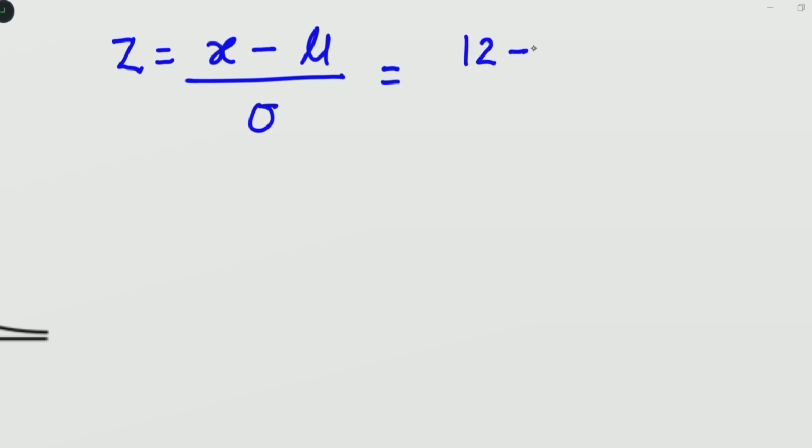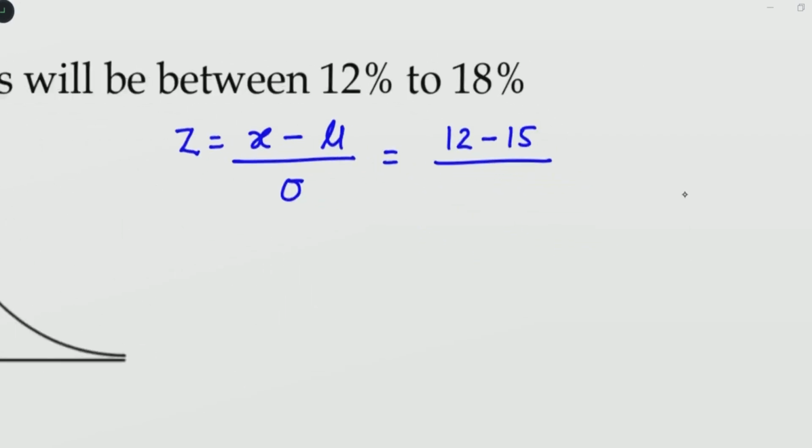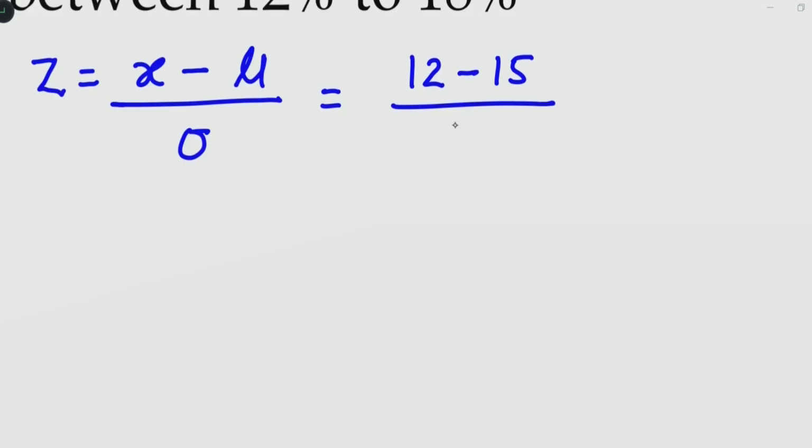So I am going to write Z equals x minus mu divided by sigma. So for 12% return, it will be 12 minus 15 divided by, what was the standard deviation? Standard deviation was 12, right? Standard deviation was 12. So it is 12 minus 15 divided by 12. These values are in percentage. 12 minus 15 will give you minus 3. Minus 3 divided by 12 would eventually give you